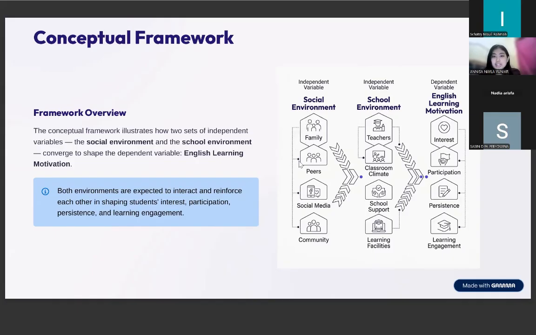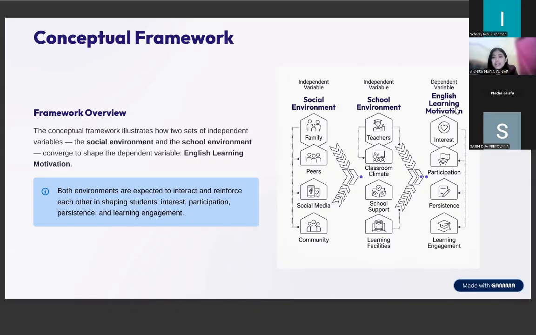The first one is the independent variable. In social environment, we have family, peers or friends, and then social media for engagement, and we have community too. Going to the next independent variable, school environment: obviously we need teachers, classroom climate, school support, and learning facilities.